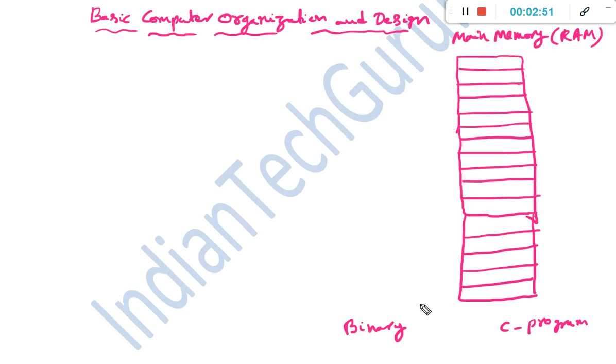So now we need instructions also. Okay. So whatever the program we are going to write in high level language code, so that must also be stored in main memory, and those particular instructions must be understood by the CPU processor. So to understand these instructions, the instructions must also be in binary format. That is very, very important. The instructions must also be in binary code. Okay. So that is why, based on this logic, we need to define an instruction code.